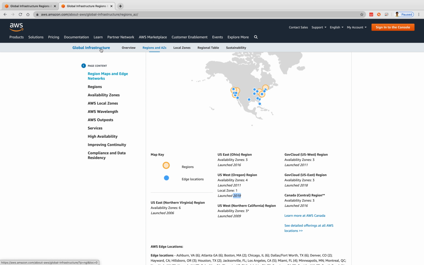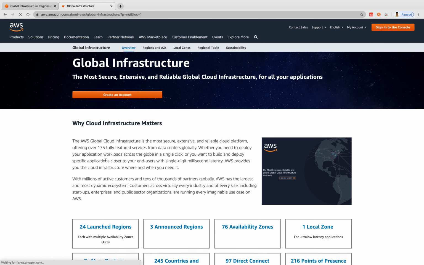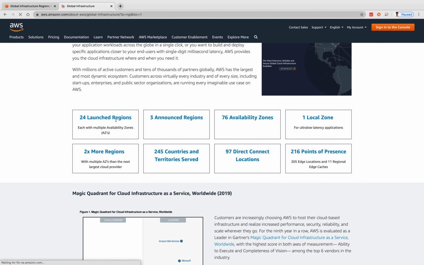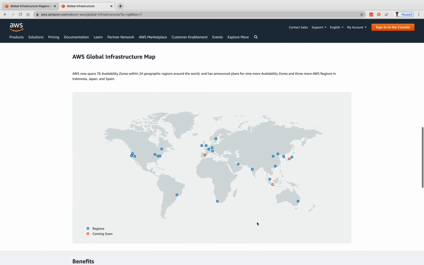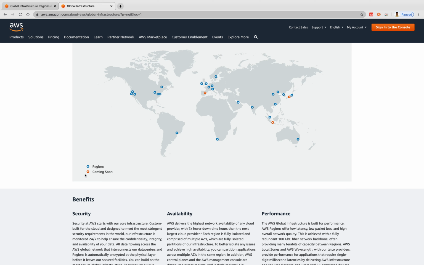If you go to the overview, you see 24 regions, 76 availability zones, and around 39 edge locations also available. This color indicates coming soon, like Spain.